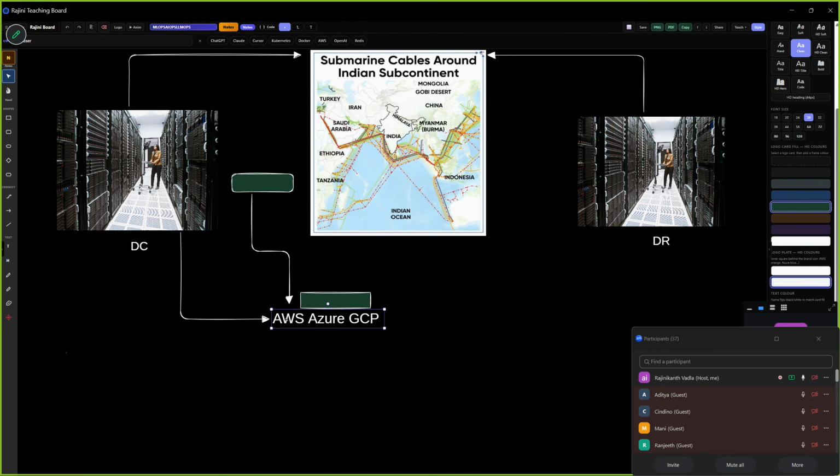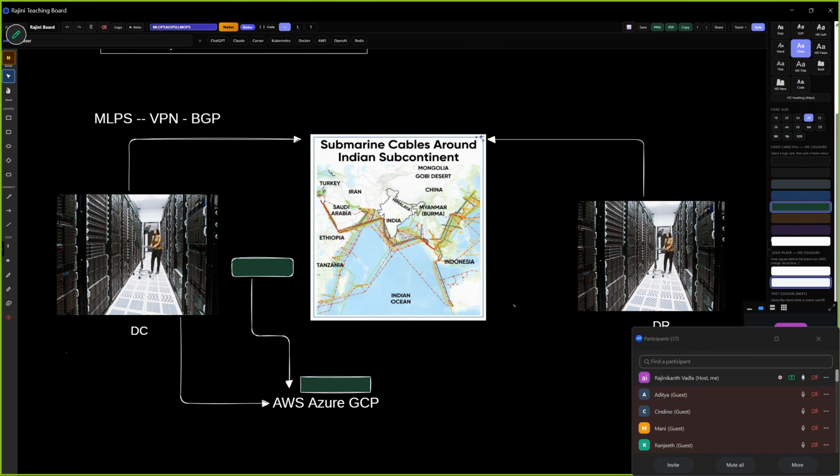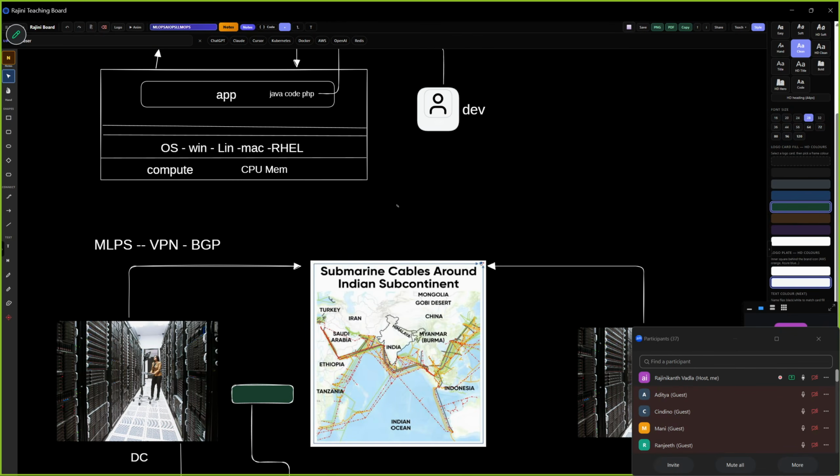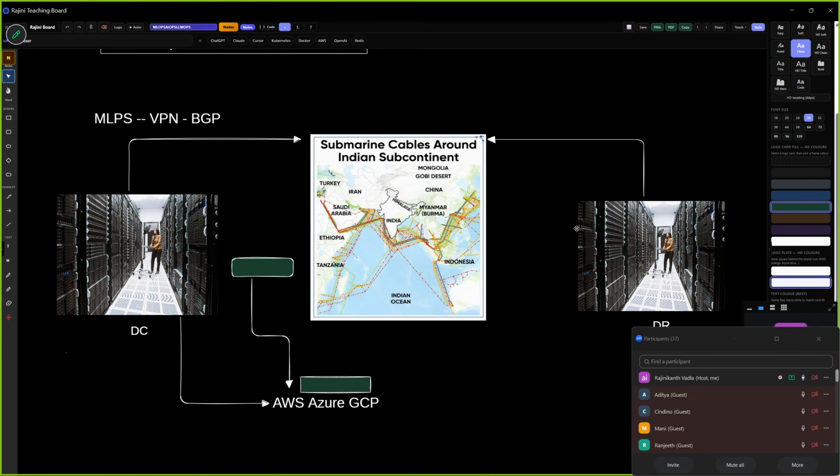Why am I teaching all this, sir? If some application is down where your ML model is being used or an AI application is running, you are the person to troubleshoot. If you do not know about IP addresses, the HTTPS protocol, how the network connects and everything, I have to include many things now.